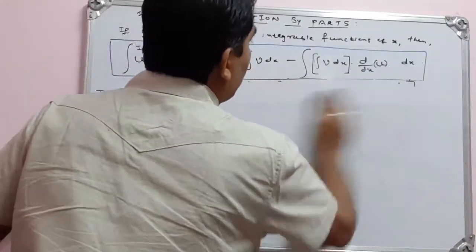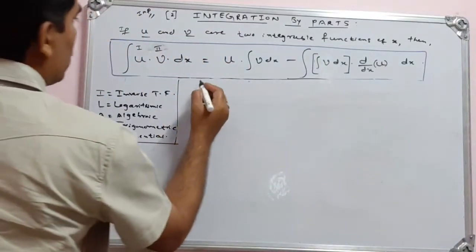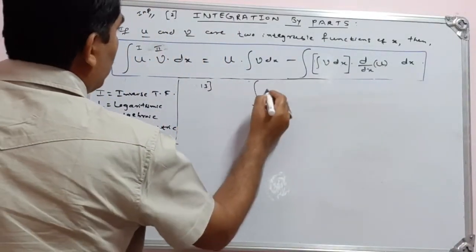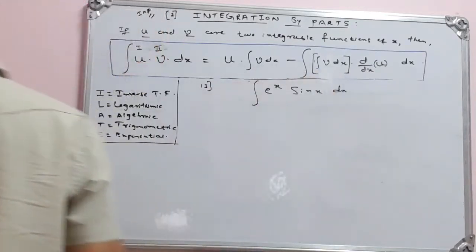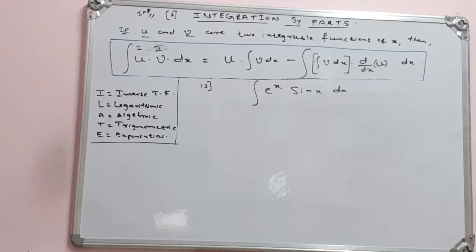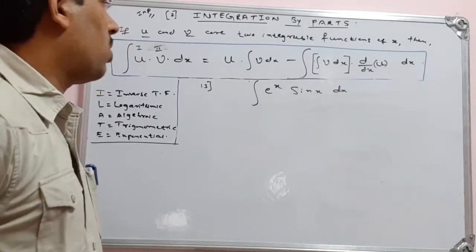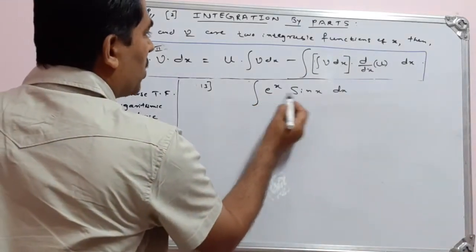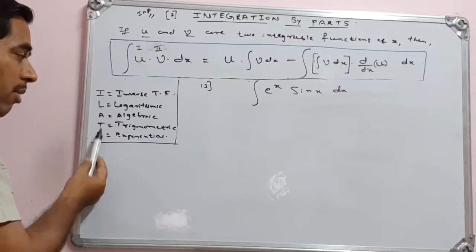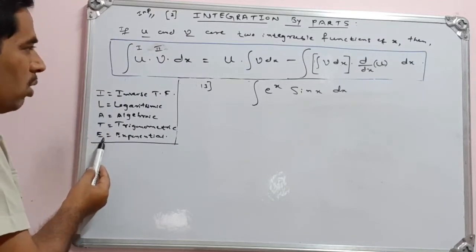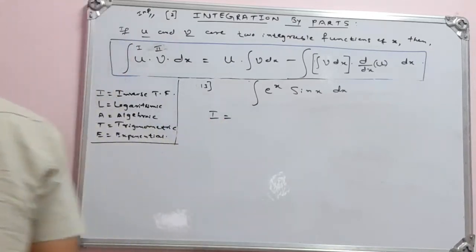See, 13. Let us go for the next example by parts. See, integration of e to the power of x into sin x. Observe this. So these are all 2 marks questions. You have to integrate by parts. Observe this. See, first is an exponential function and then a trigonometric function is given. See, for the exponential function, our preference is last. Okay, so I have to write this. See, observe this.